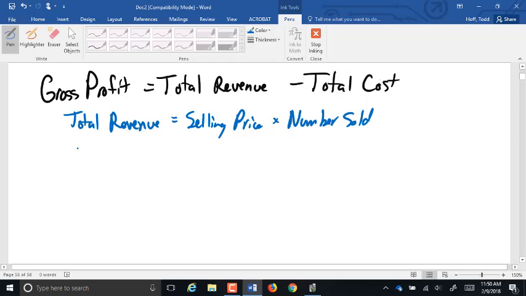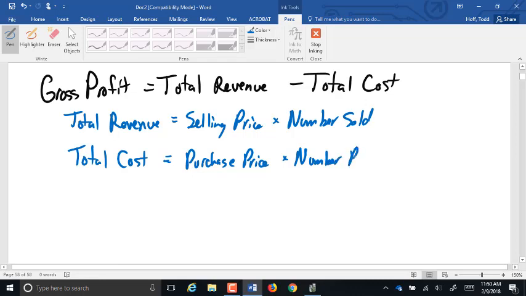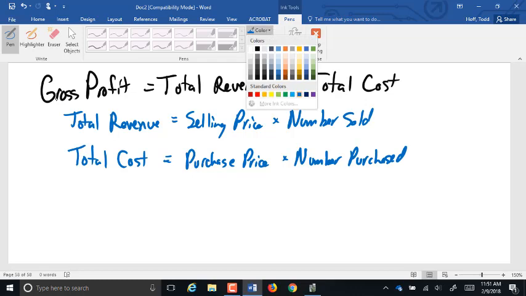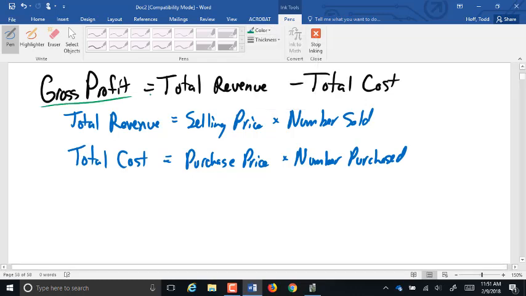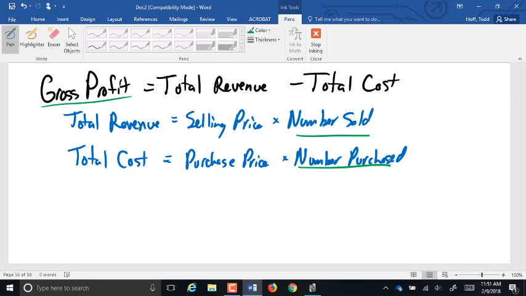Total cost is the same way. Total cost is the purchase price times the number purchased. Generally, especially when we're dealing with gross profit, the number sold and the number purchased are going to be the same amount, because we're only concerned about the cost of the items that have already been sold. So anyway, using that formula,